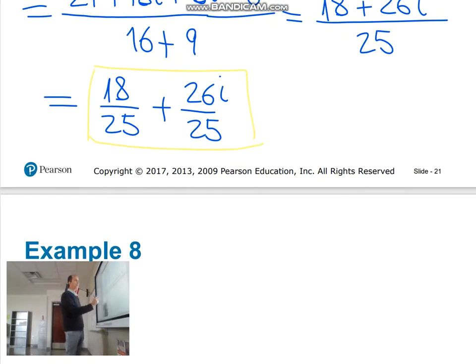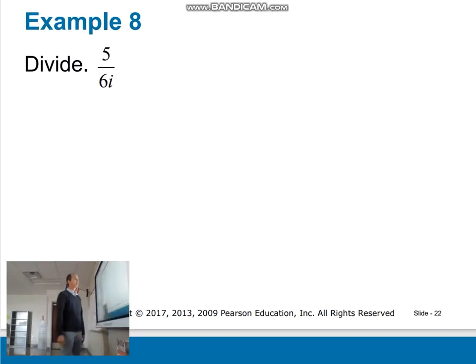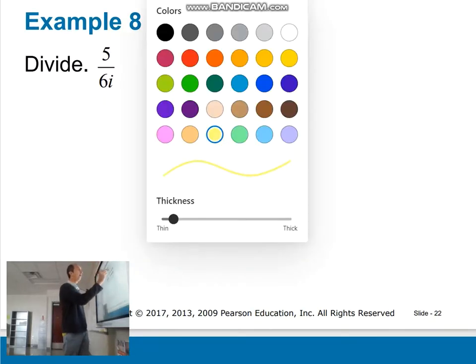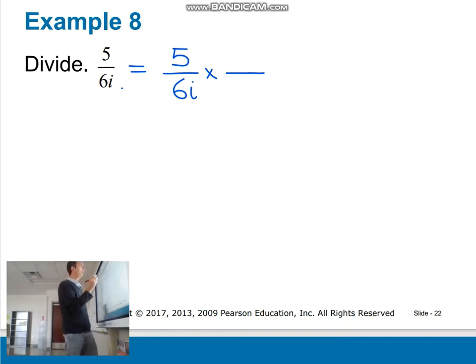Let's move to the next example, and also another division. Now we are dividing 5 over 6i. This is a fraction. A fraction is a division. So we have 5 over 6i. We need to multiply it by 1. And we can multiply by